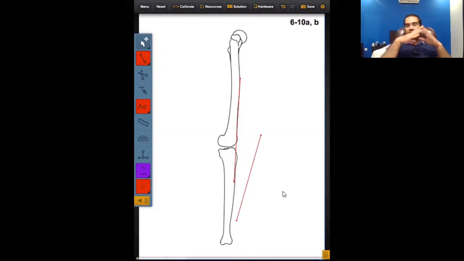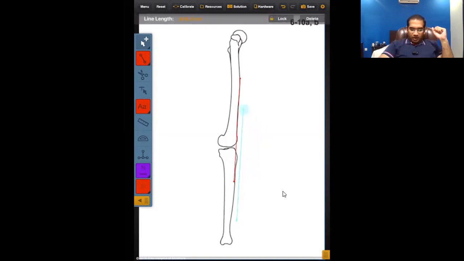You can't just tell the patient to lie down and then take a lateral X-ray. Maybe he's just flexing the knee, you won't know. So it is very important. All the planning, whether in the sagittal plane or in the frontal plane, you need to take the X-ray while the patient is standing. Maybe in a later session, I'll tell you how to take a perfect scanogram. It is a very important aspect which I should have discussed in the beginning.